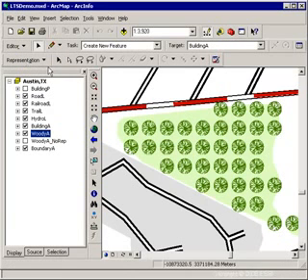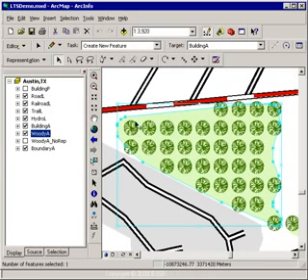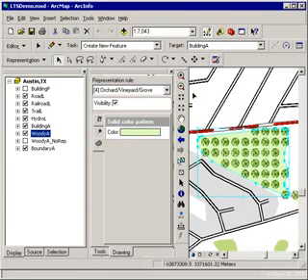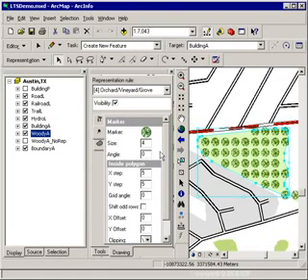You'll notice now that the representation toolbar is available. By clicking on the select tool, you'll see now that there are a number of vertices exposed, and this is the selected feature that I want to work with. So the first thing that I want to show you is the representation properties window. Just to review how that works, you can see now that I can expose whatever are the properties of that particular